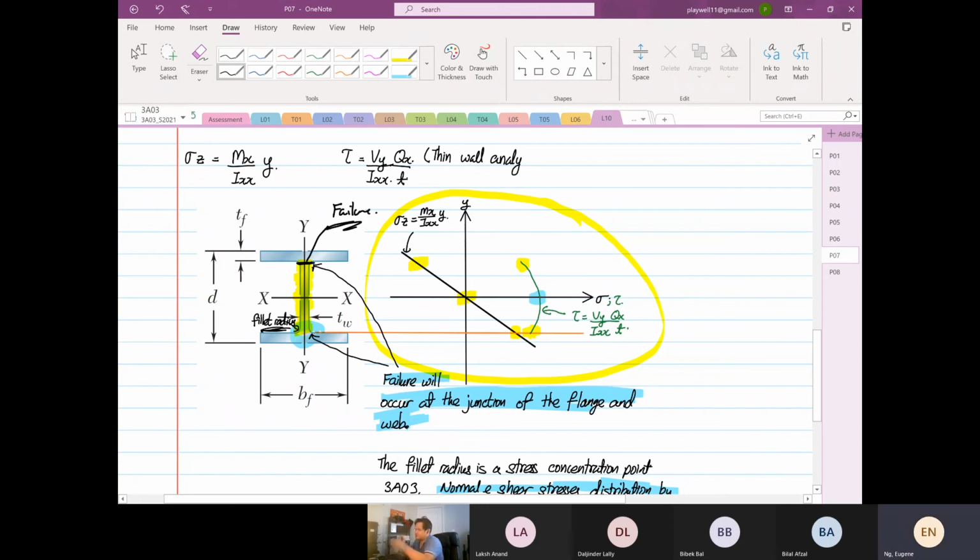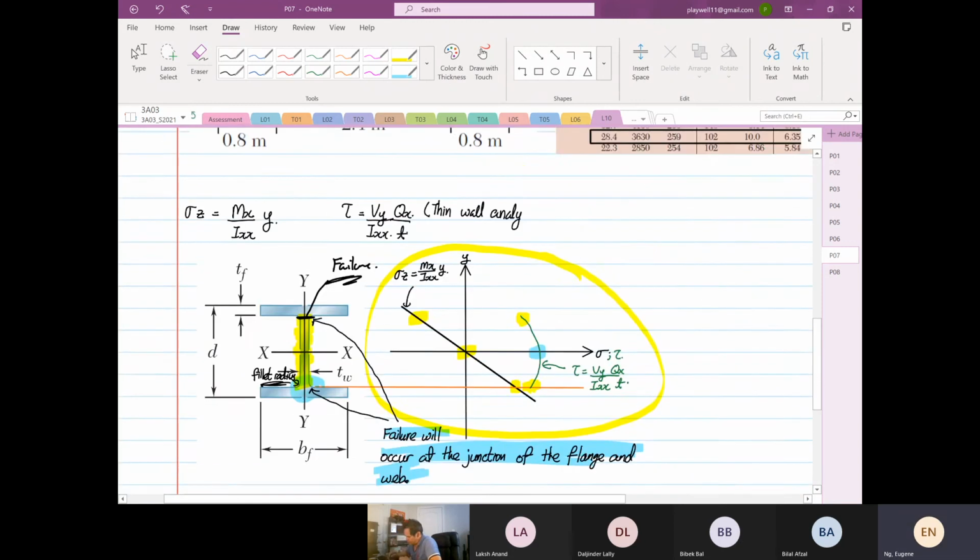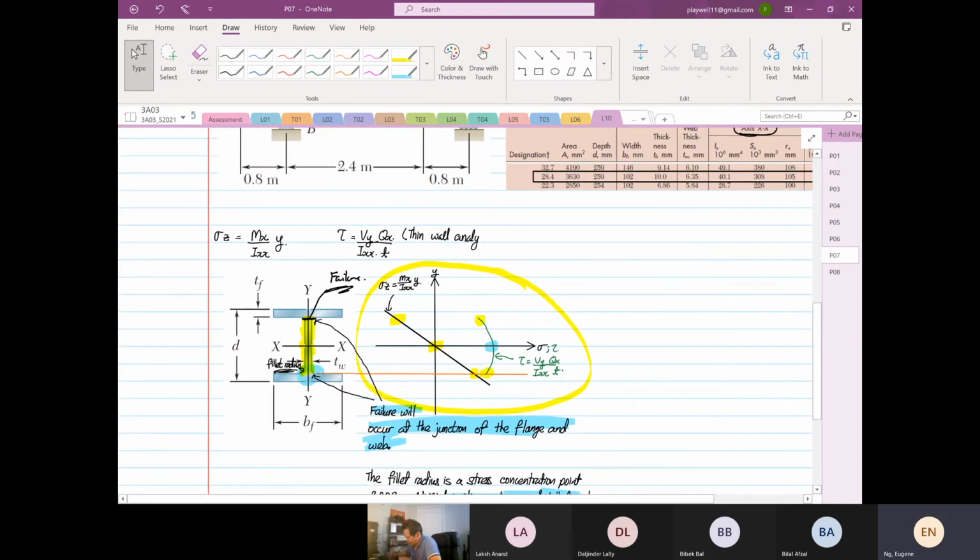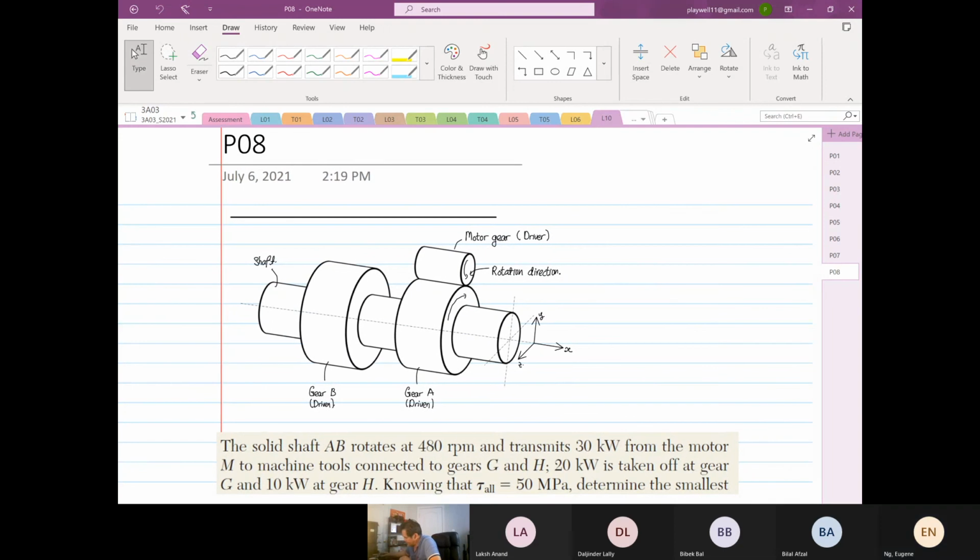So either you use thick wall or thin wall, it does not matter. The results will be the same at the junction. And when you calculate your moment, you also calculate your stress due to bending moment, which is also at this position you have to consider. So from here we move into week 11